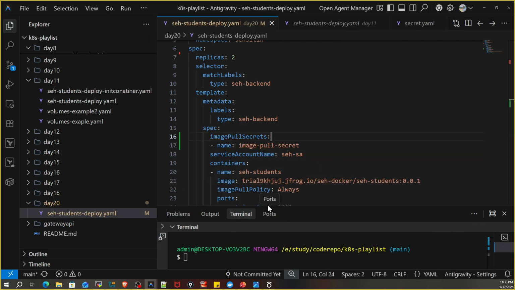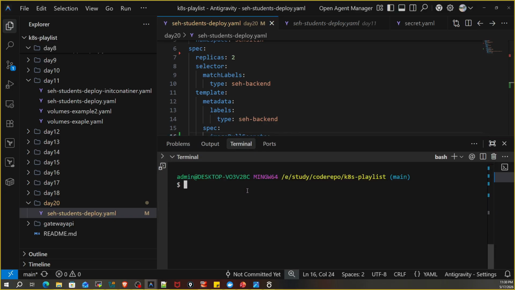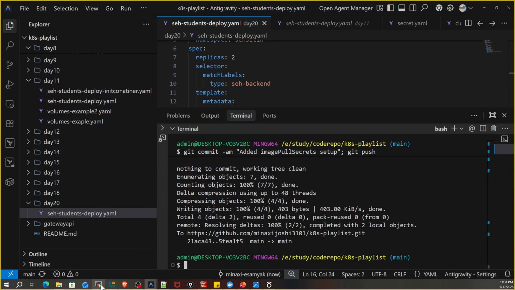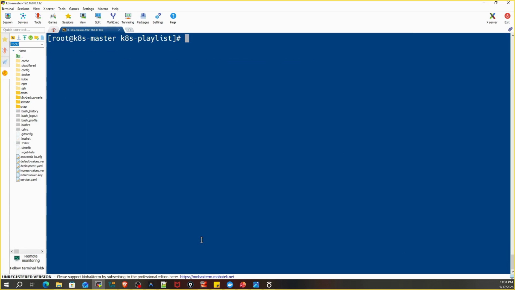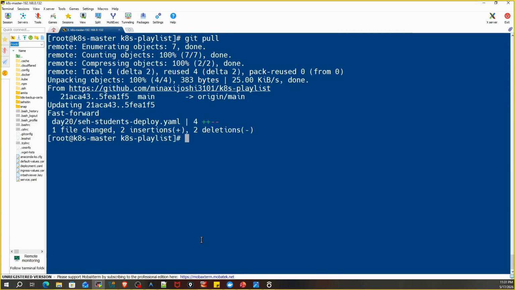Save the changes and commit the changes again. Again on the Kubernetes server, pull the changes and apply.